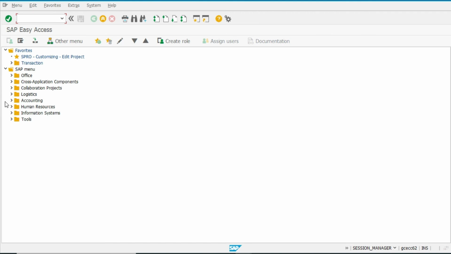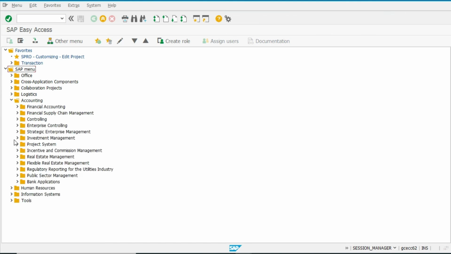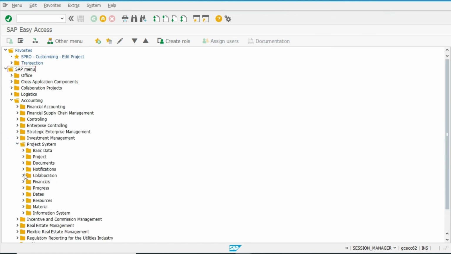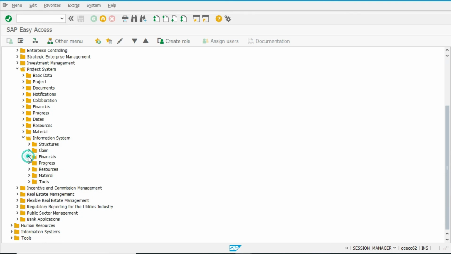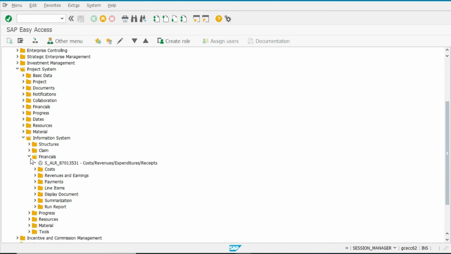Okay, now let's see the budget versus actual reports. Information, financial, cost, revenue, estimate.